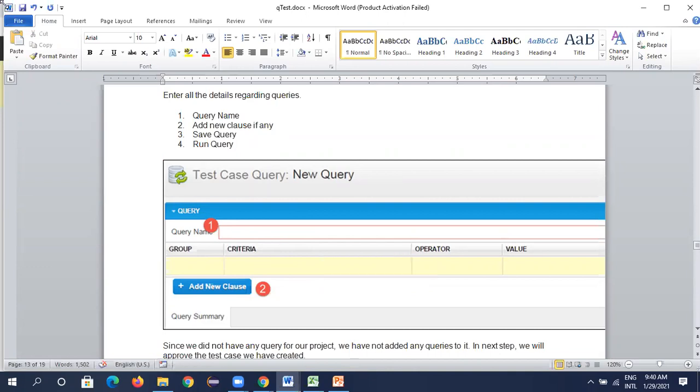In Q test, what you can do is, there would be some common test cases, right? Common steps would be there for each and every screen. For example, if you are going to the emergency contacts screen, you need to navigate to the emergency contacts screen. What are the steps you need to do? Open the browser, login, enter the URL, click on the URL, okay, click on My Info tab. These four steps are common, right?